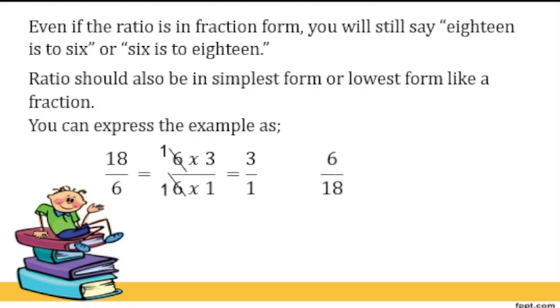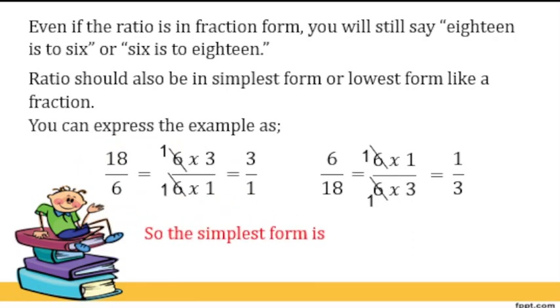Okay, let's get the inverse. So that is 6 is to 18. Again, let us factor the 6 and 18. 6 is equal to 6 times 1, and 18 is equal to 6 times 3. So that is equal to, and then cancel 6 and 6. That will become 1 and 1. So therefore, that is equal to 1 is to 3. Therefore, the simplest form of 18 is to 6 and 6 is to 18